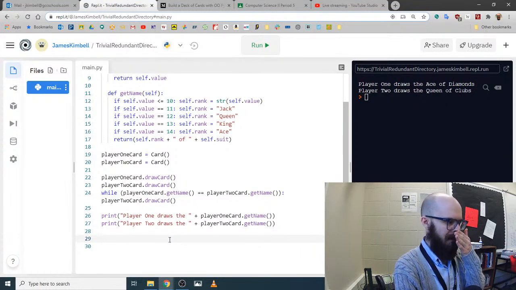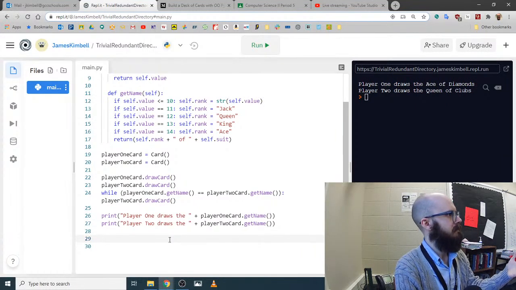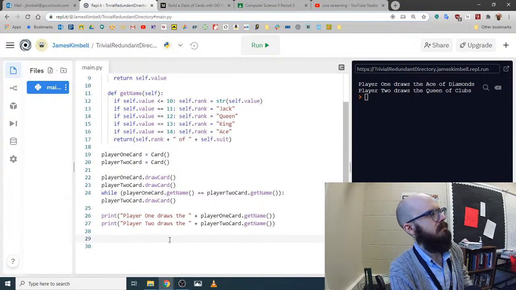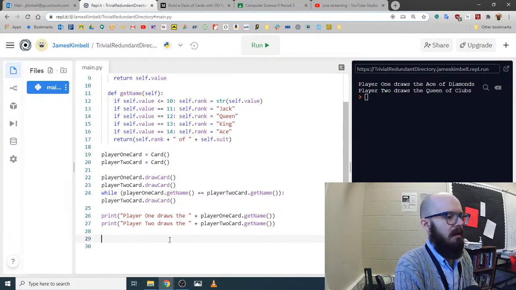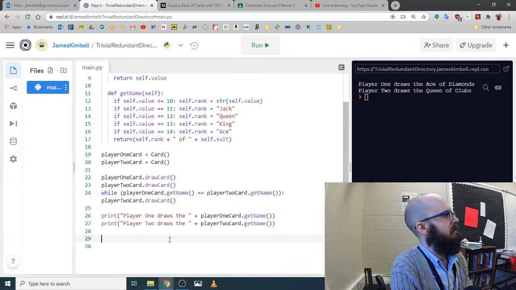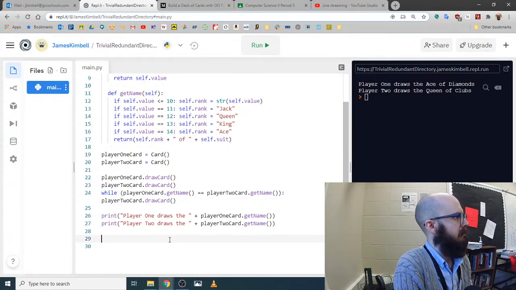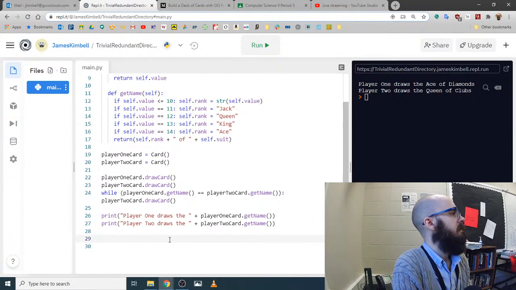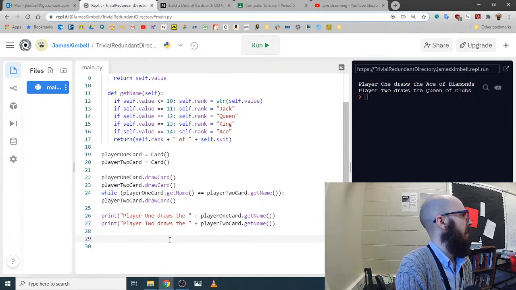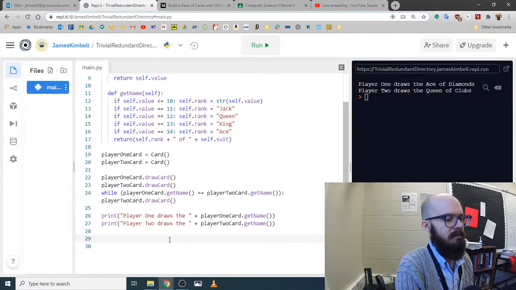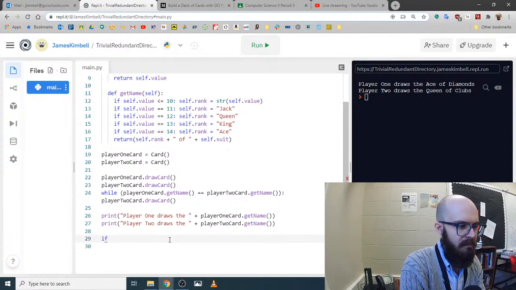So let's test who's winning and who's not. Pretty simple because there are only 3 possibilities. If one guy wins, you print that. If the other guy wins, you print that. Or if they're equal, you say it's a tie. Something like that, right? So you can go if